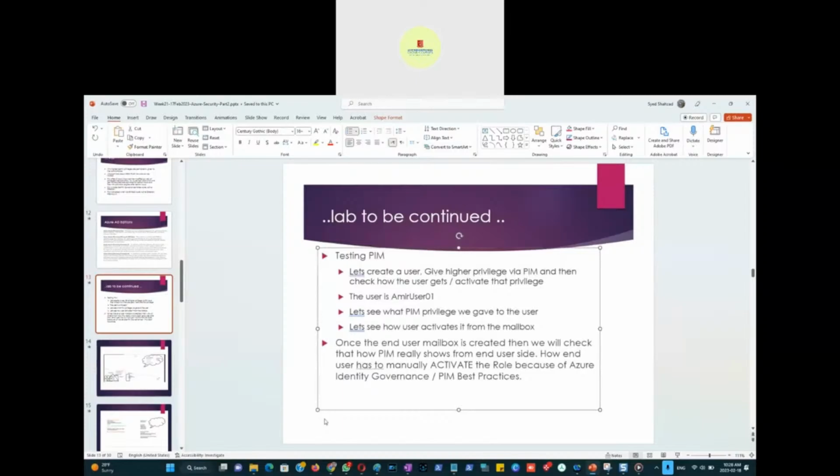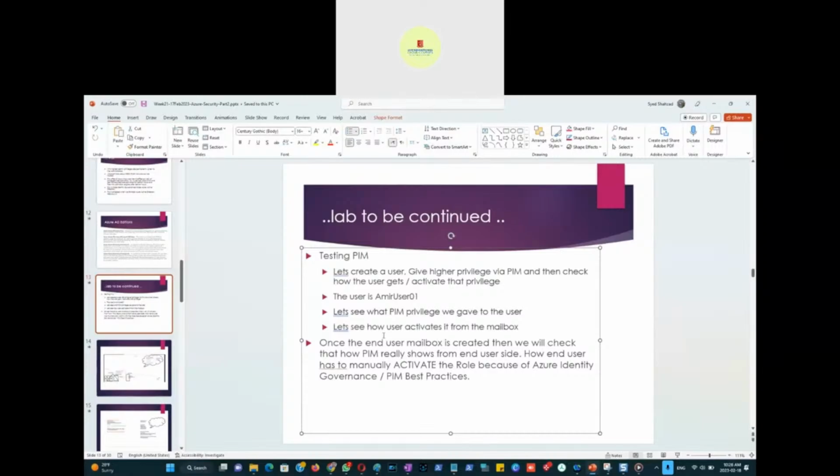So let me show you the whole process. Which is the user who has been given privilege via PIM? Can we give privilege without PIM as well? Privileged identity management. So let me just go now, switch to